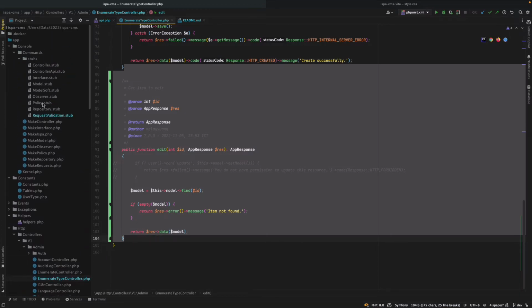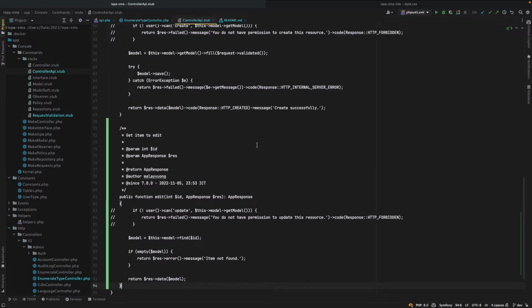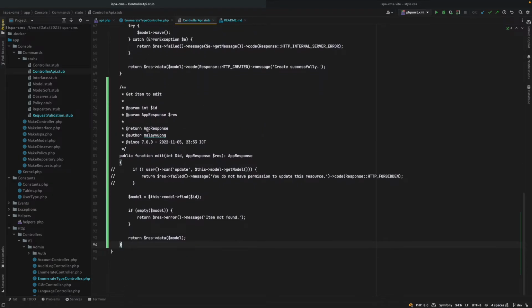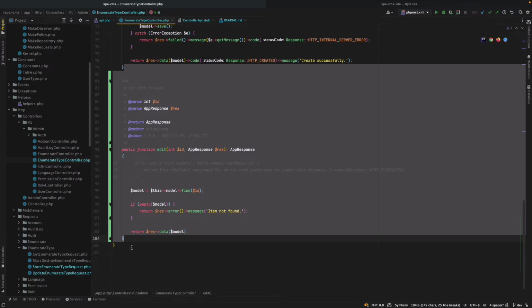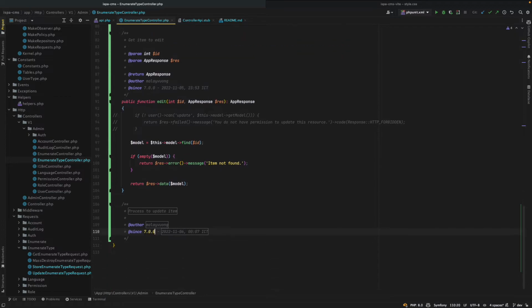Here we have to update the controller API. And then we have this process to update item. We have the update here,